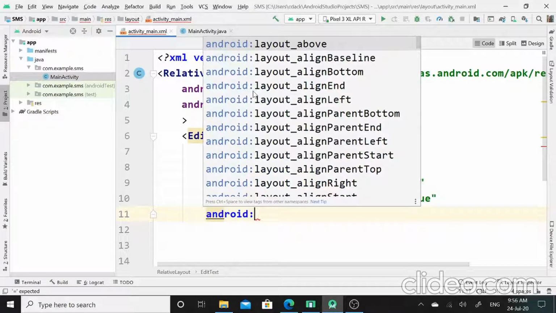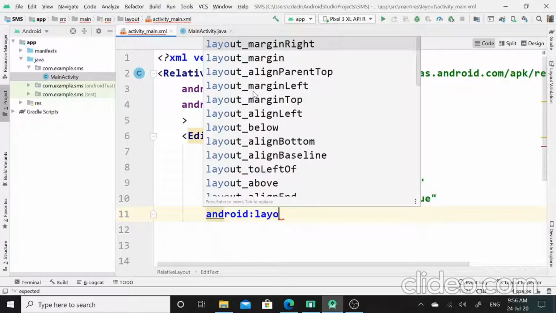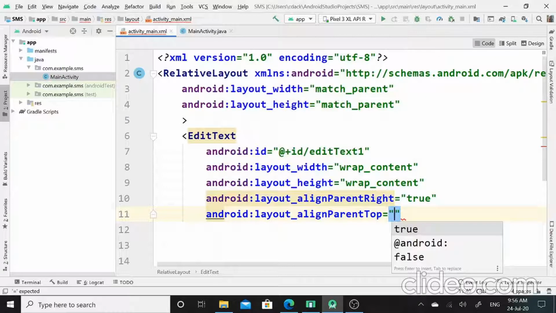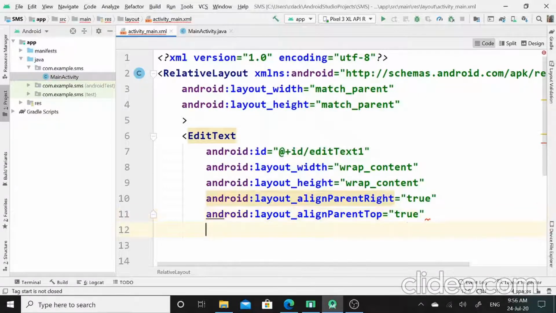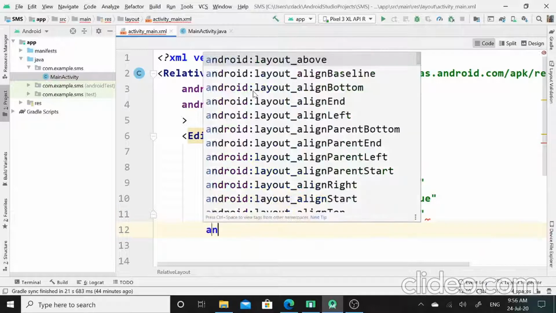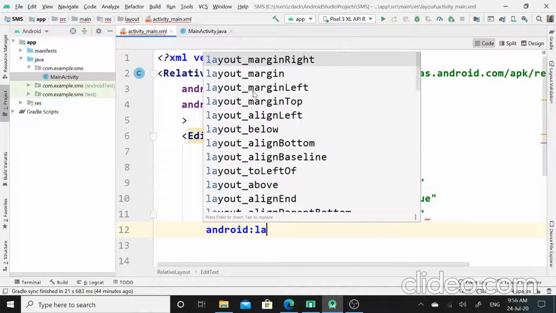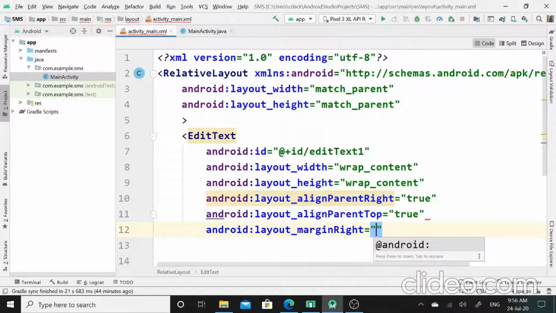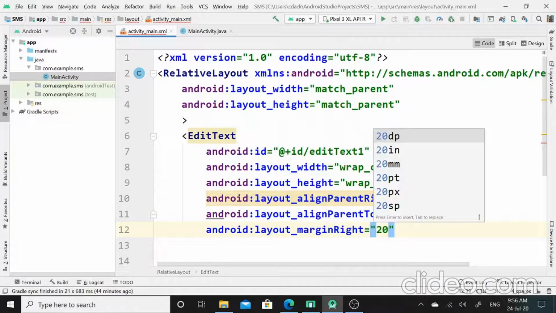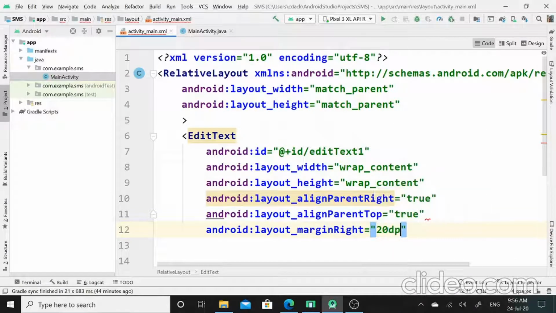Next, I will call align parent top property. Again, I will make it true. Now I will call margin right property, and I will set its value as 20 dp.